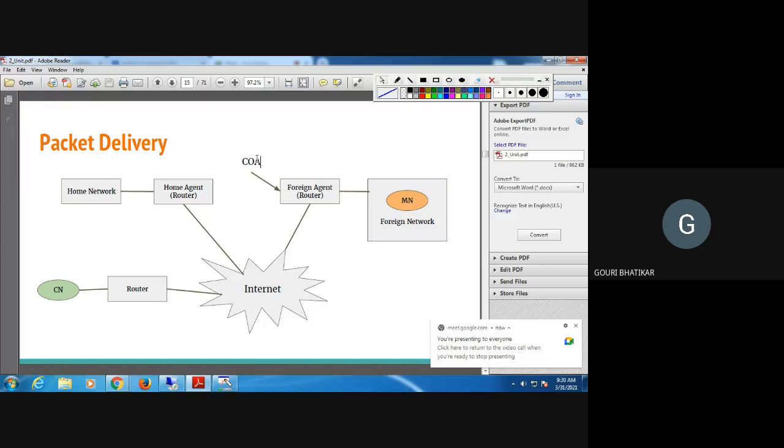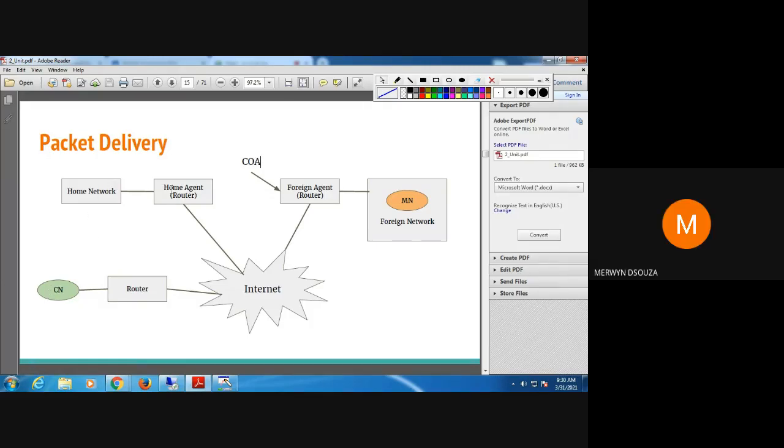Since the mobile node has moved to the foreign network, the CN won't know that it has moved. The CN will be sending the packets through the home agent to the home network.